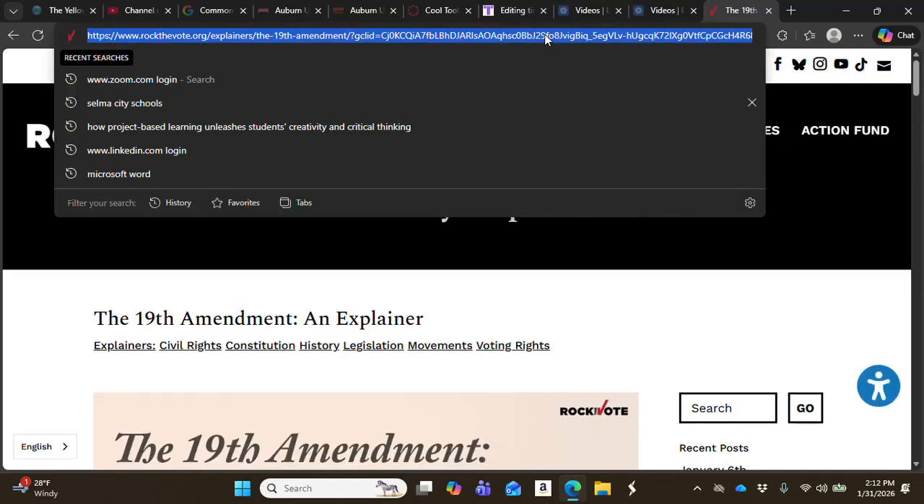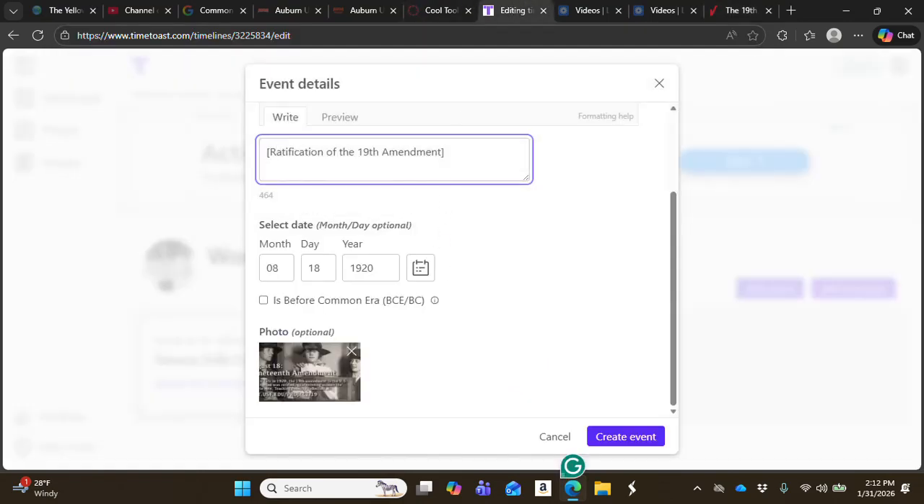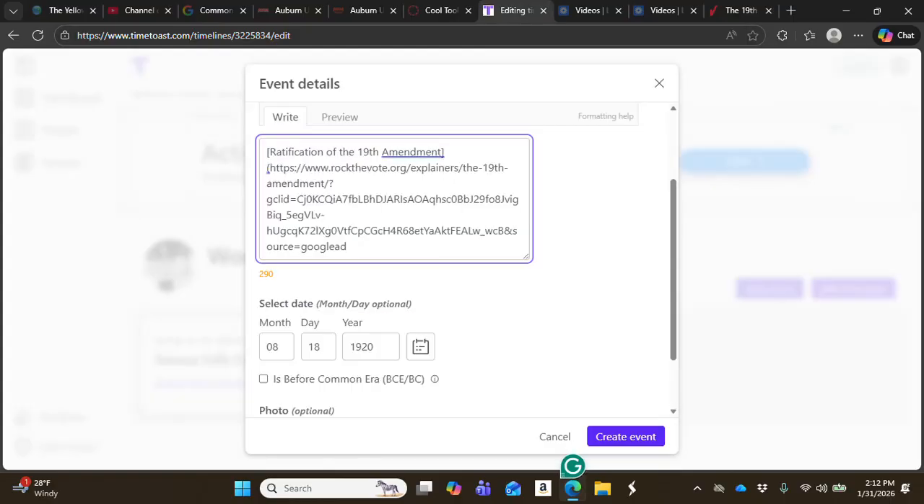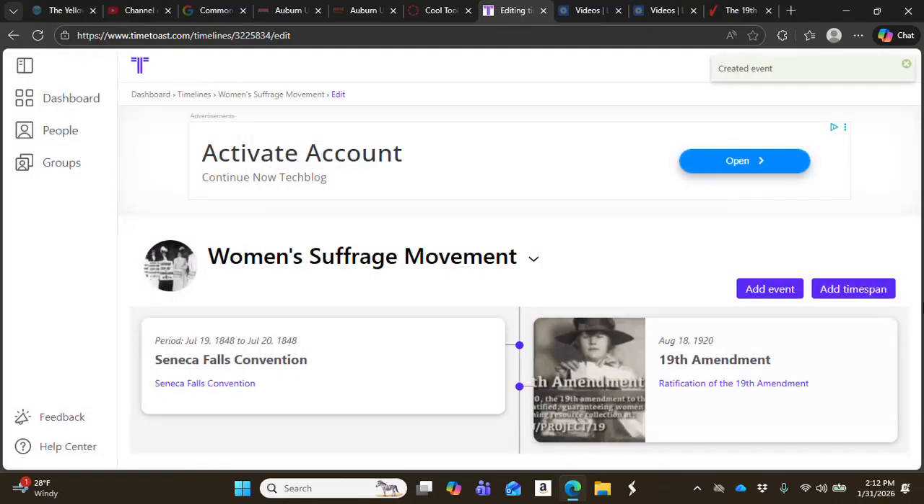I'm going to copy the link to the website, go back to my timeline, open my parentheses, paste the link, close my parentheses, and create event. And you will see this time you have a picture showing because you created an event rather than a time span. I always suggest that every couple of entries, leave editing mode and check and make sure that your links